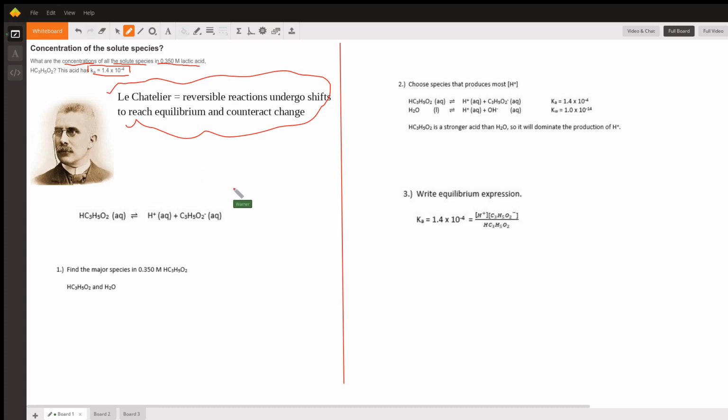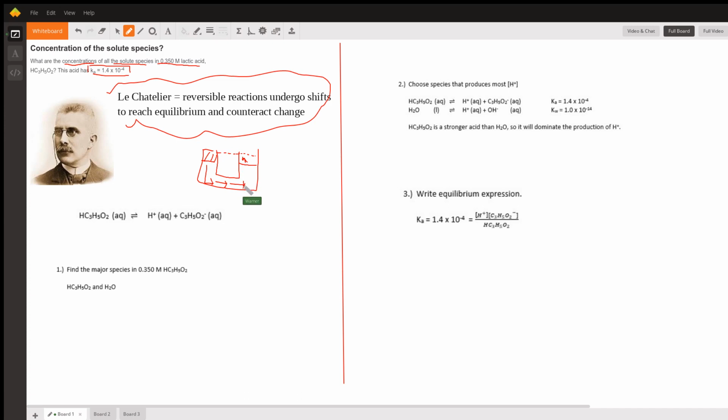So let's consider this analogy of a water tube. Let's say they have equal amounts of water on each side before any change occurred. Now let's add some water on the left side. So the water that already existed before the added change will shift to the right in order to counteract the change from the left, which is going to allow the water on the right side to increase and introduce an